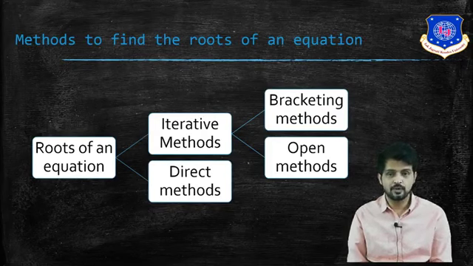See, if any quadratic equation is given, ax square plus bx plus c equal to 0, how can we solve this quadratic equation? There is a formula: x is equal to minus b plus or minus under root b square minus 4ac upon 2a. This is known as the characteristic equation, and it is used to solve